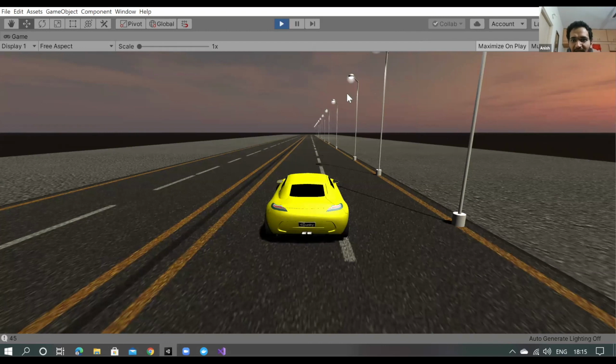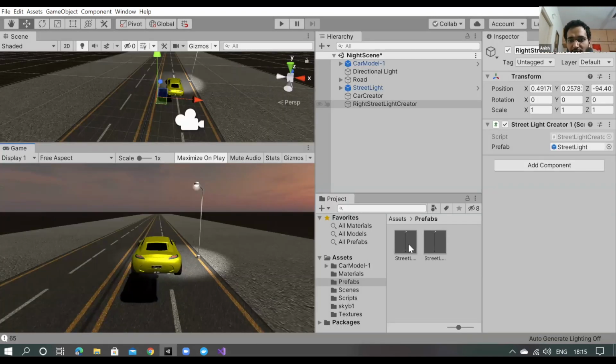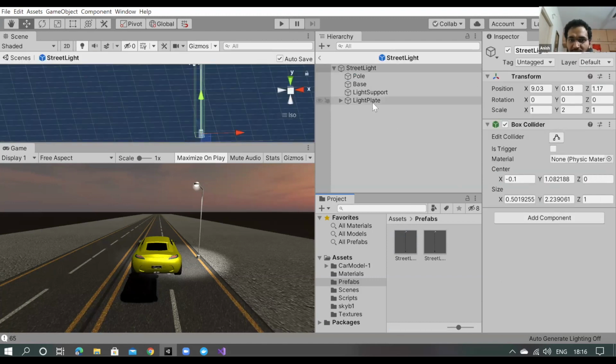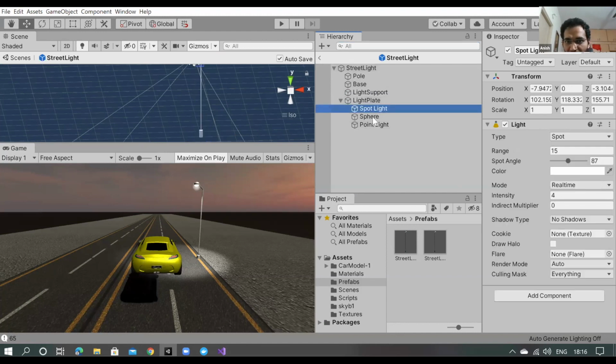Okay, but the lights are not working perfectly, and this is one of the issues. You guys also face the problem, like sometimes the lights become very bright, and sometimes they weren't bright. It was okay, and sometimes it was very bright. So why does this happen, and how can you fix it? In the case of a spotlight, there is something called rendering mode, and rendering mode is set as auto. Subham, you also faced this problem, and others who have faced this problem.